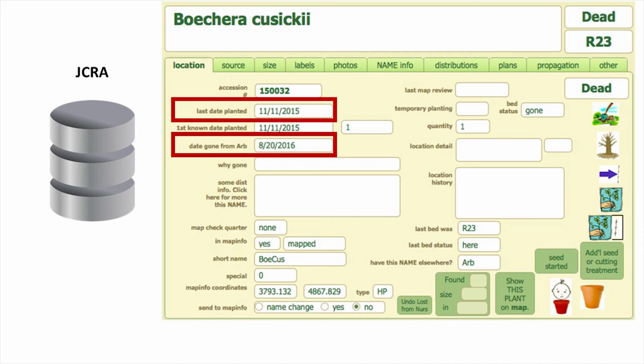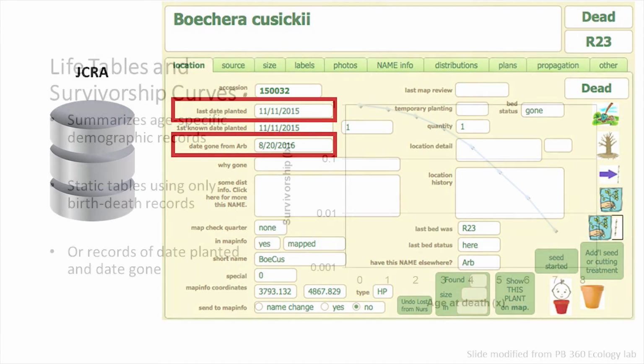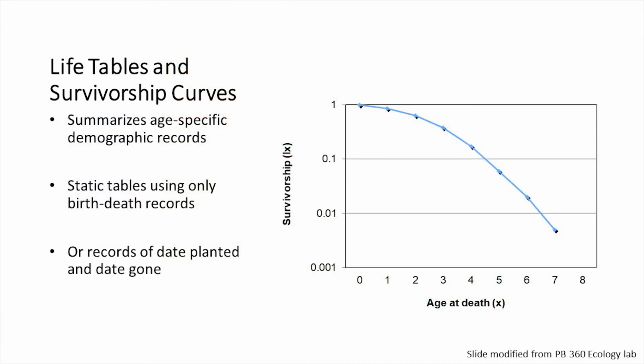So that's just a way that insurance agents, for instance, can try to predict when they're going to charge you the most insurance, is when are you more likely to die. And I think that's a very interesting thing to look at from just a maintenance standpoint. If you're constantly losing a certain taxa, maybe you want to know where it is most vulnerable in its life cycle. And different species behave different ways.